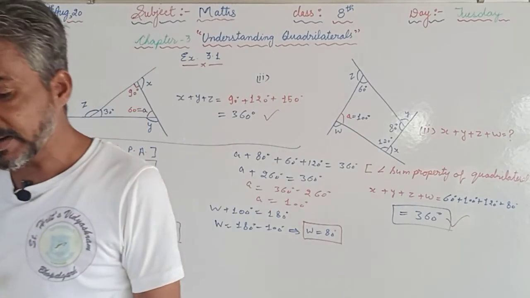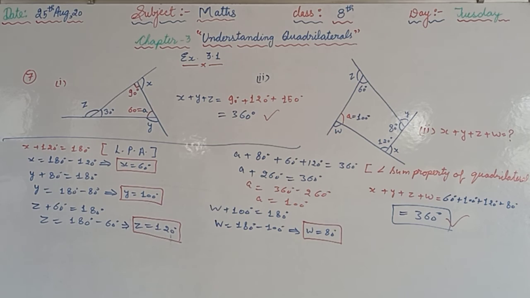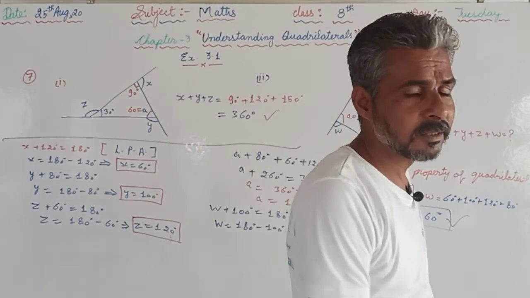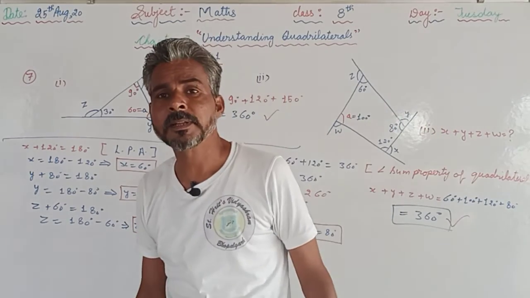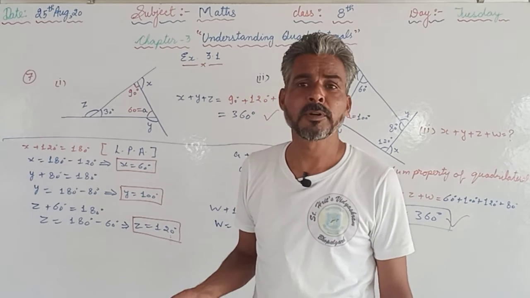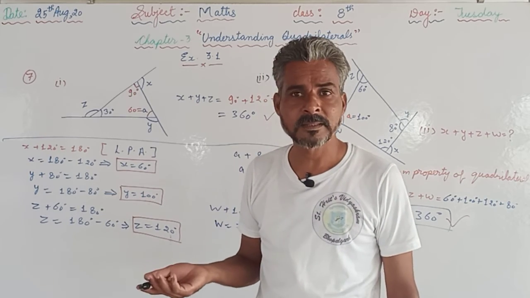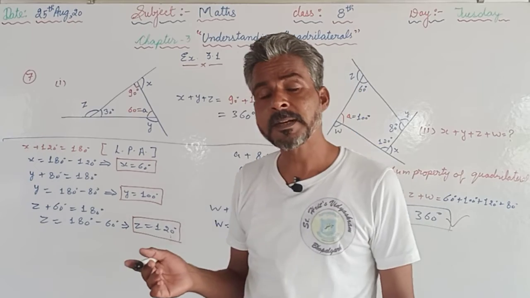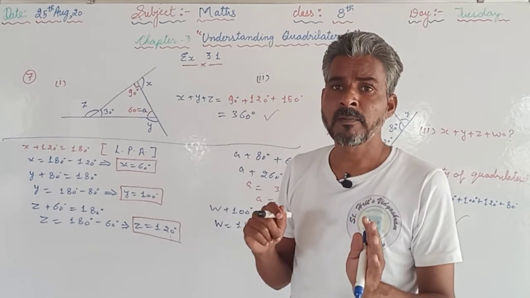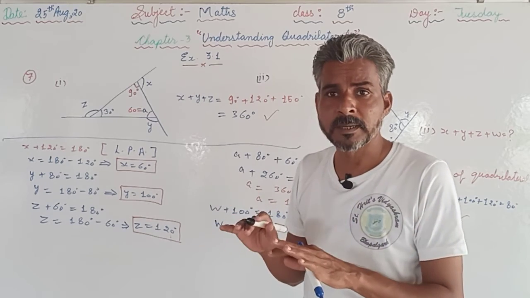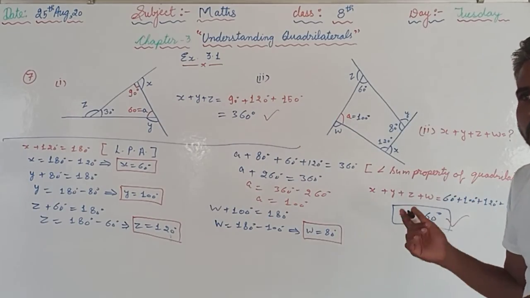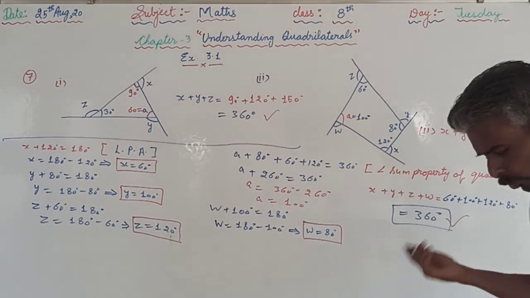The sum of the interior angles is different, we know, because the sum of the angles of a triangle is 180 and the sum of the angles of a quadrilateral is 360 and the sum of the angles of a pentagon is 540 and that of the hexagon 720. That is different, that depends on the number of sides, but the sum of the exterior angles of any kind of polygon will be 360, and that we are supposed to use in the upcoming questions.